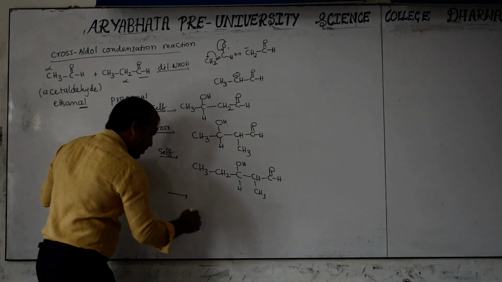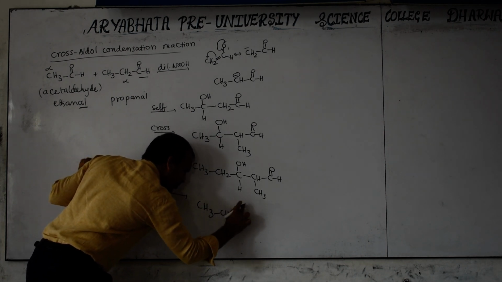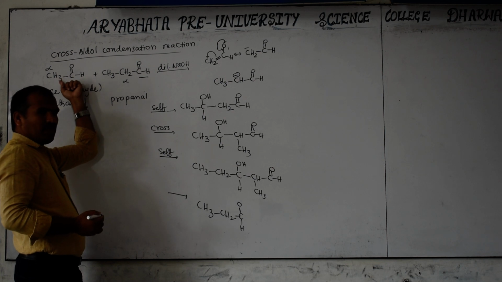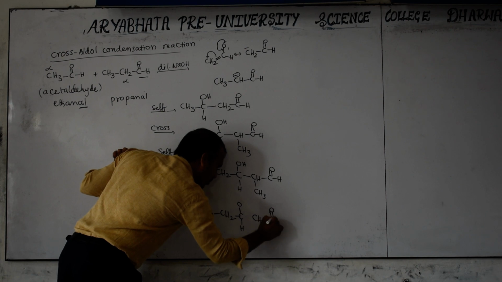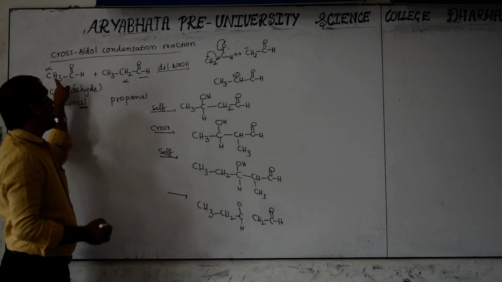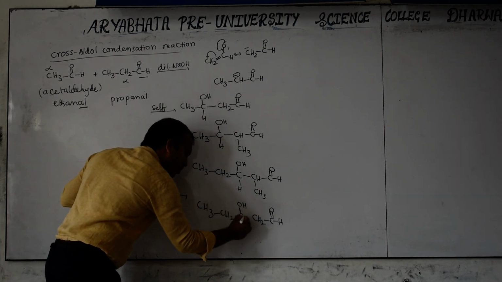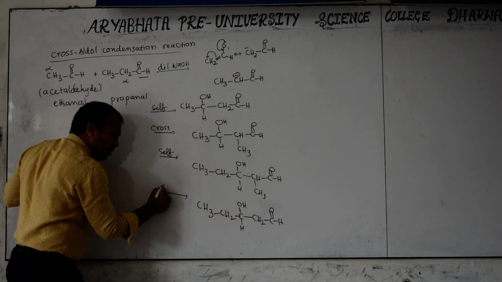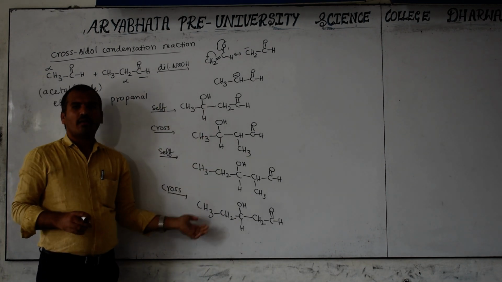Now carefully observe: CH3, CH2, C double bond, one O will be left, O, and this is H. Now this molecule reacts with this, that is the carbanion. Then I will write here CH2, C double bond OH. Actually, how many hydrogens here? 3. One of the hydrogens added here and here bond. Now this is the product. So this is which type of product? Self or cross? Cross product. Okay, this is called the cross Euler condensation product.